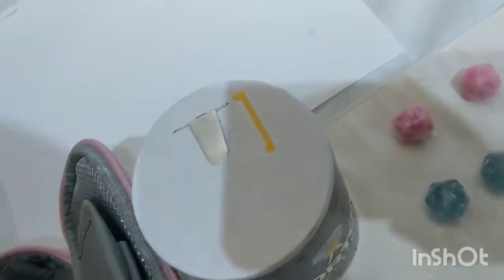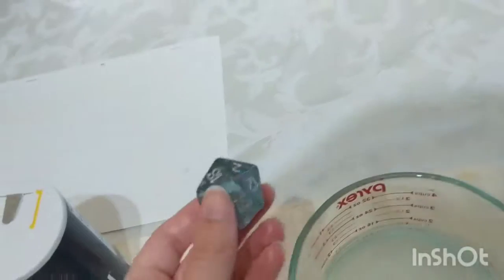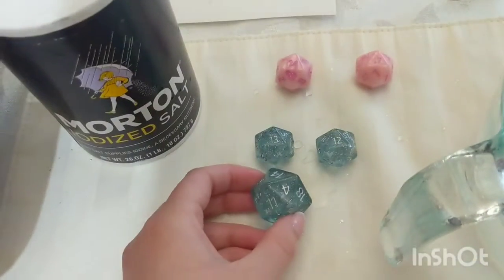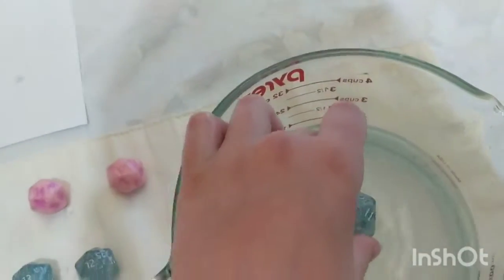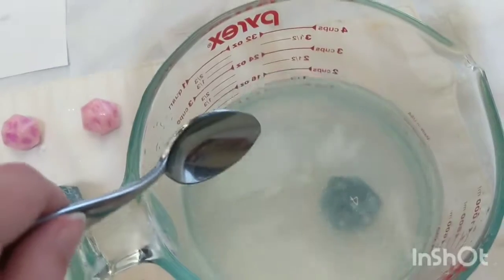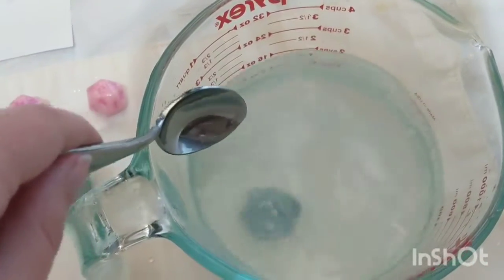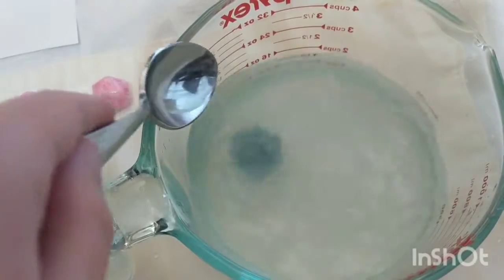I have another hilarious dice. This is a giant D20. I have always rolled awful with this as well. So I don't know if there's enough salt in here to make this one float. Okay, it's swirling around. 4, 3, those aren't near each other. 19,